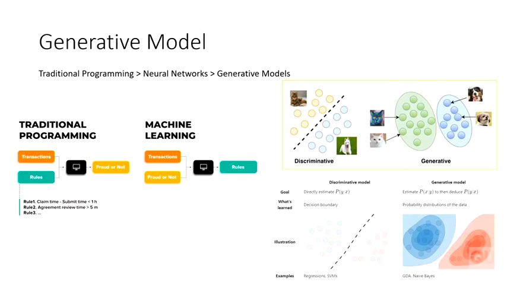Then in machine learning, we have discriminative models and generative models. The difference is very subtle. There is not actually a significant difference, other than that generative models are usually very large. In the discriminative model, say you have cats and dogs, and for each cat and dog, you map it to some latent space. Then you try to learn a hyperplane that can separate the cat space from the dog space. Now, if a new instance comes in, it will map it to the latent space and see whether it is on the side of dog or on the side of cat. If it is on the side of dog, it will say it is a dog, otherwise it is a cat.